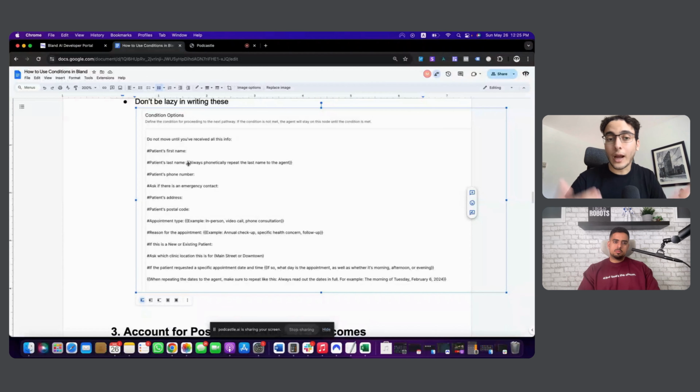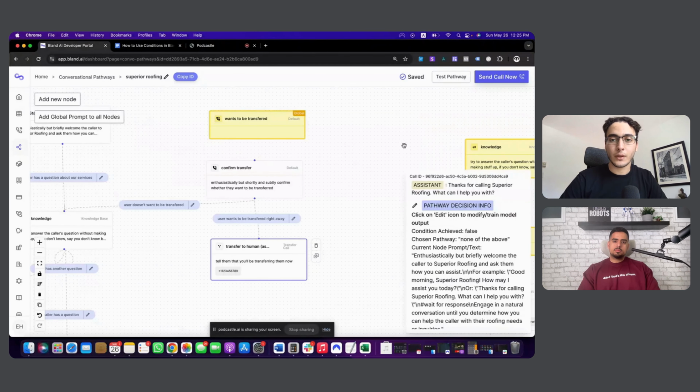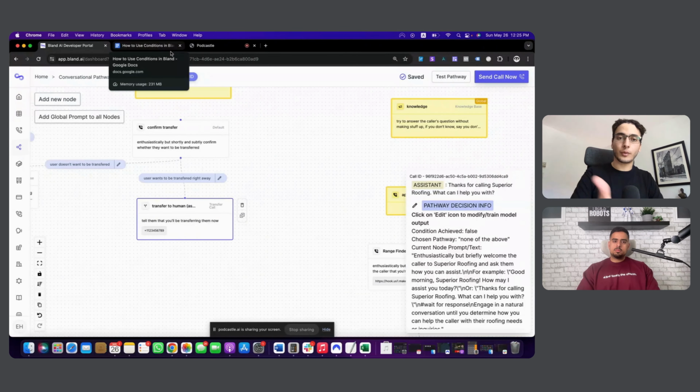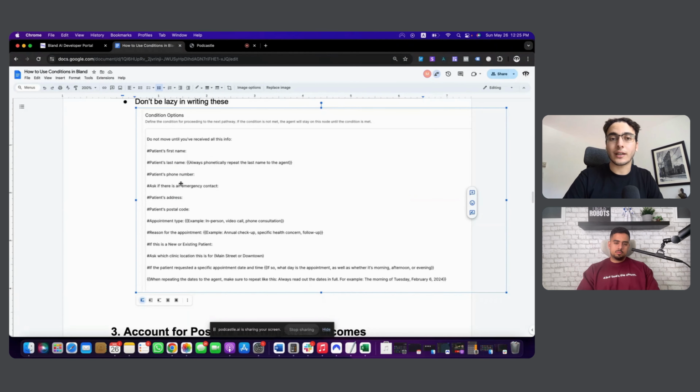before, what I was doing was patient's first name, one card, right? And this is what I was kind of referring to earlier, Mark, where you'd have patient's first name. They've given it, all right, perfect. And then the second one, and the third one. And even when you're dealing, let's say, for example, you're in an agency building this for other people, it's a lot more work to have to delete cards and just have to delete a specific sentence within a condition. So this just helps it and it makes the conversation so much more natural because the agent basically